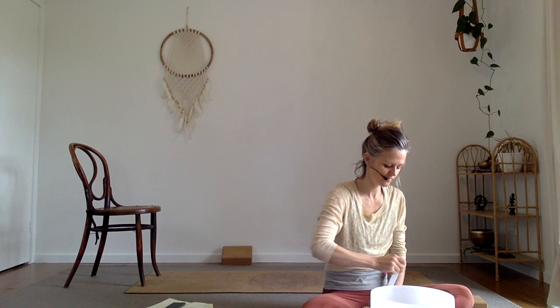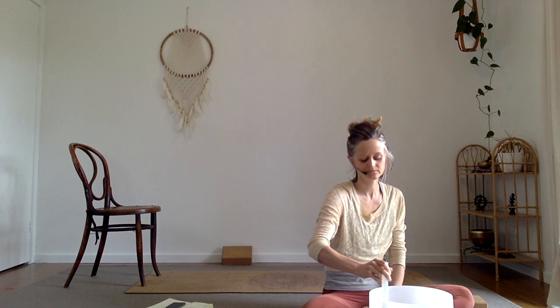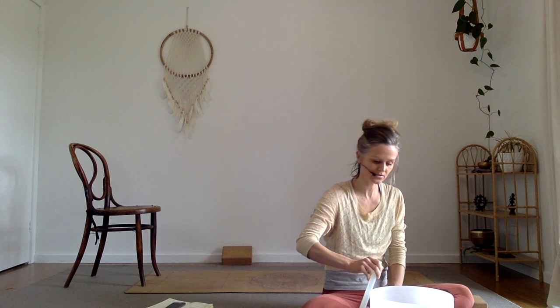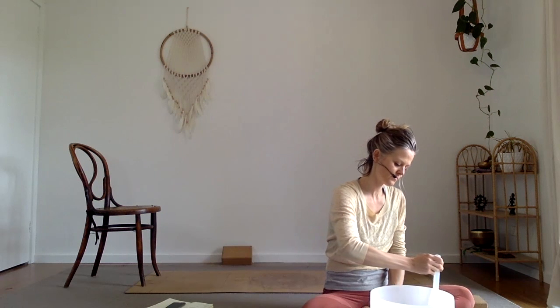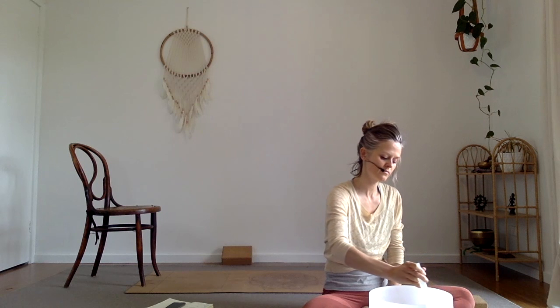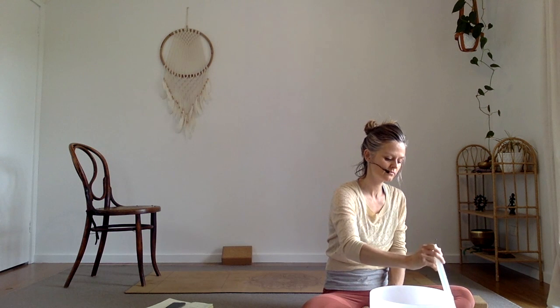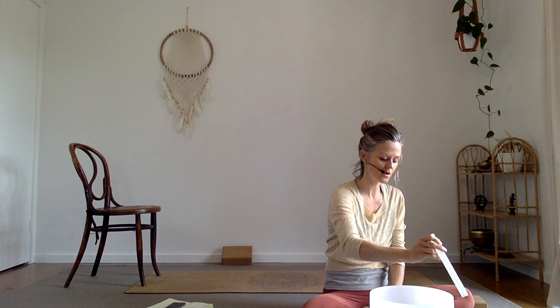Feel the back being pulled down. Feel the back of the head pulled down to the center of the earth. Back of the hands being pulled in to the center of the earth. Feel all parts of the back of the body,